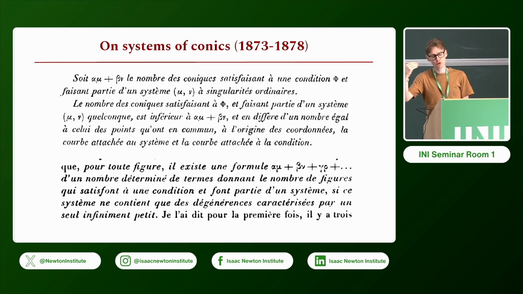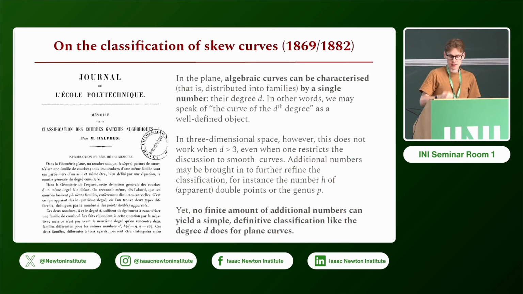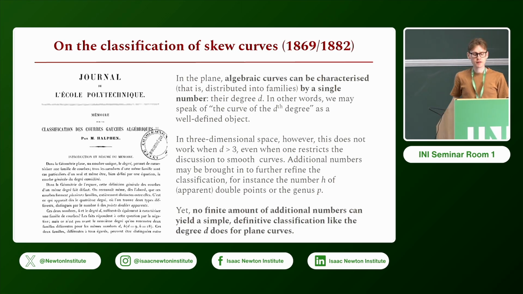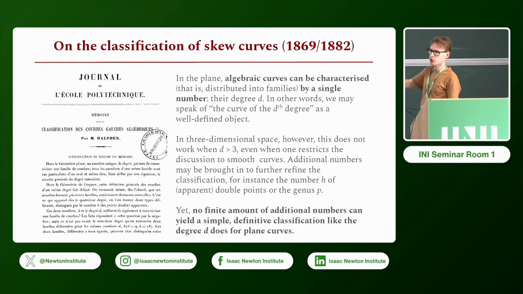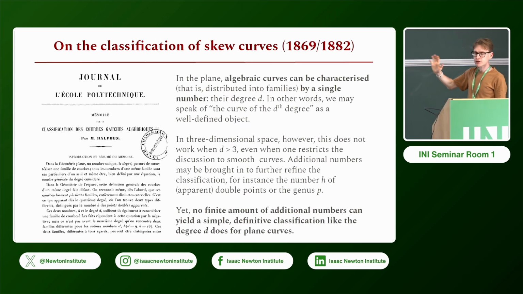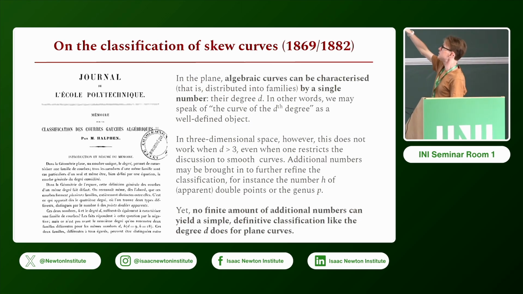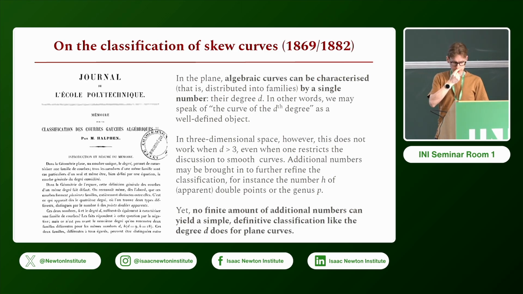That nature is more quirky, more intelligent than what you thought. And what's interesting is that this is exactly the same strategic move, the same mode of investigation that he would carry out in his famous memoir on skew curves. This is a memoir published in 1882, which was awarded the Steiner Prize, but which corresponds in part to an earlier memoir he had written in 1869 for the Academy in Paris, but which had not been published.